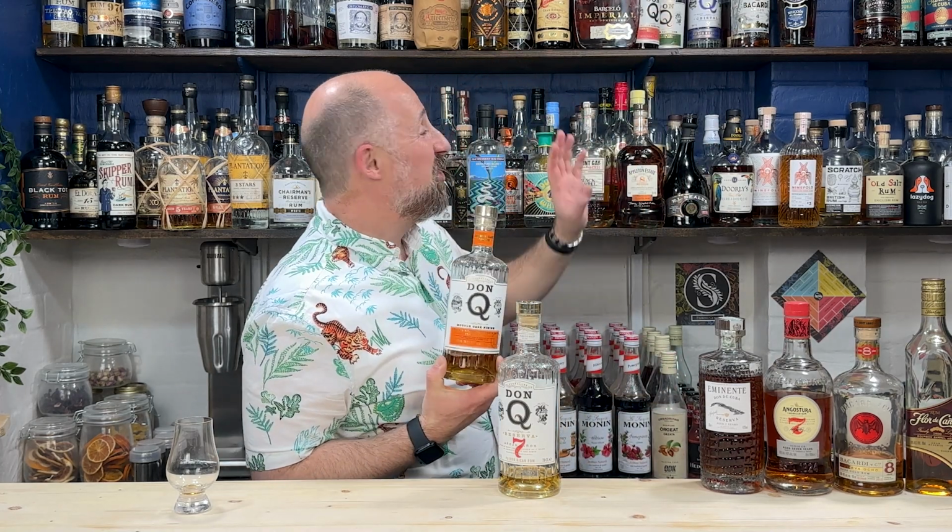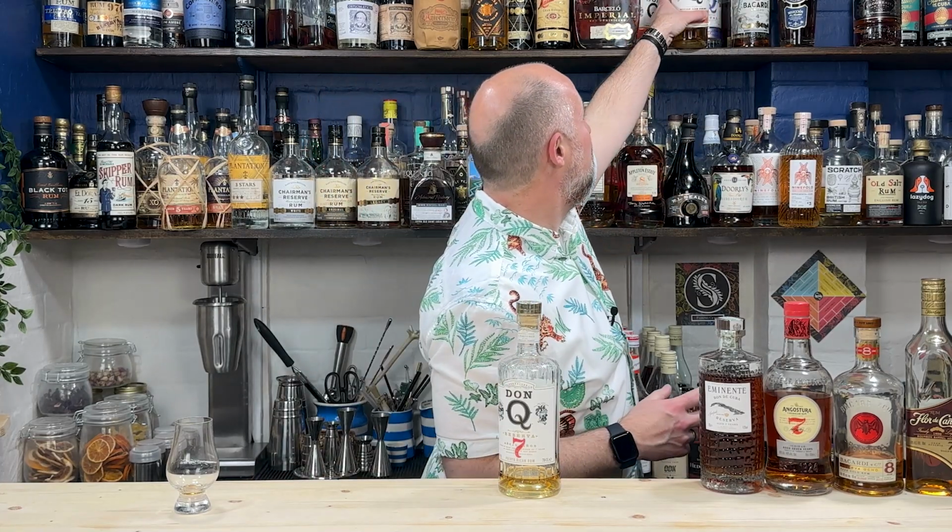And not only would I restock that, I really, really want to go down the whole Don Q route, because the other one that I really, really loved from the live tasting is that cognac barrel. I really love that. I wasn't too overwrought by the vermouth and the sherry, but then again, I'm not a huge sherry rum fan, but I did love that cognac. But I want to do the, what's the next one up? Reserva. I want to go down the Don Q rabbit hole. So,